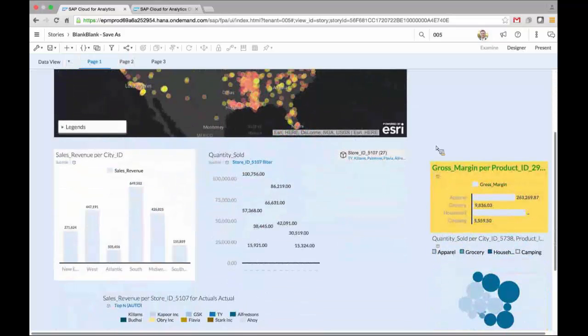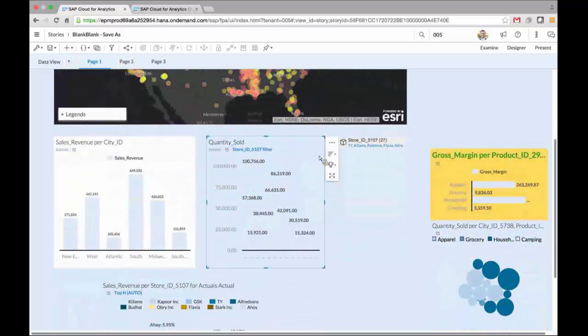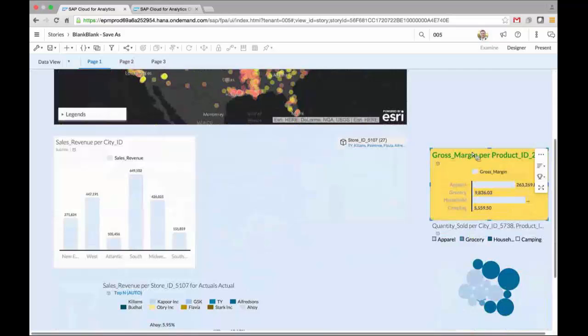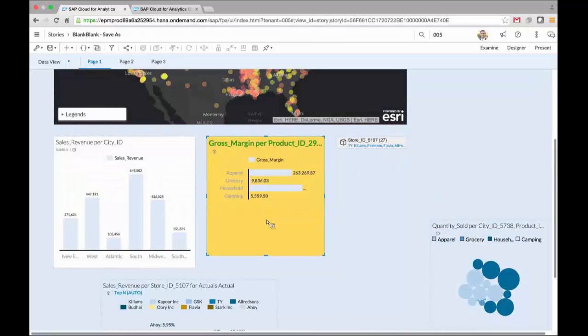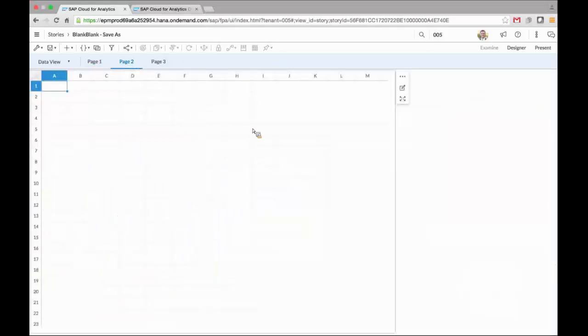Okay, cool. Question from Christopher Goodwin, is there a built-in recommendations engine, or does the product suggest visualizations based on its understanding of the data? Yeah, so when I'm examining the data, it's going to, so if I come over to here,